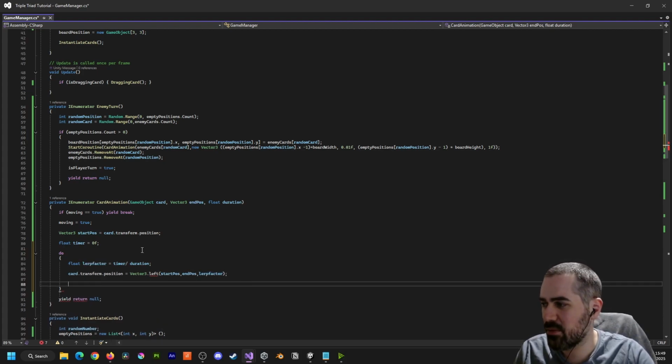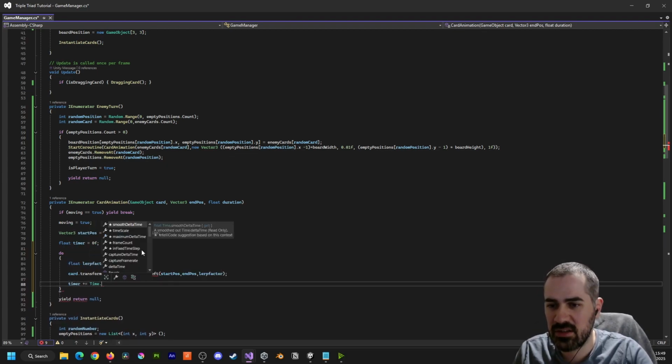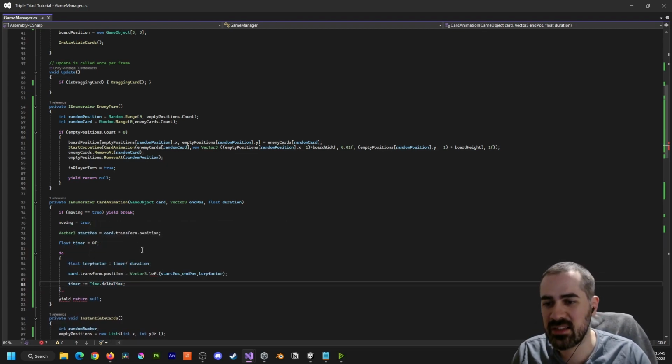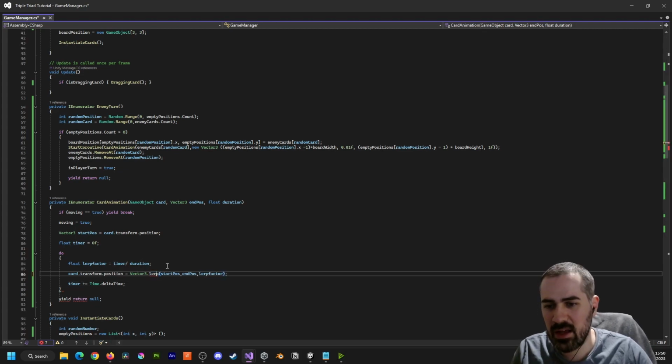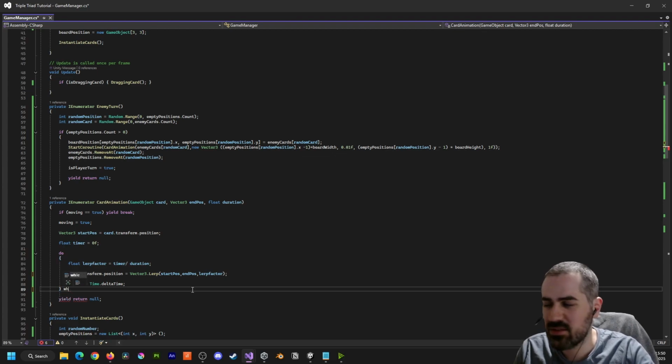And then from there we're going to say timer plus equals time dot delta time, and this means every time a frame goes by, our timer increases. As the timer increases, it changes the lerp factor, and this should be lerp, and this will lerp us from one position to another. Now we need to do all of this while timer is less than duration,